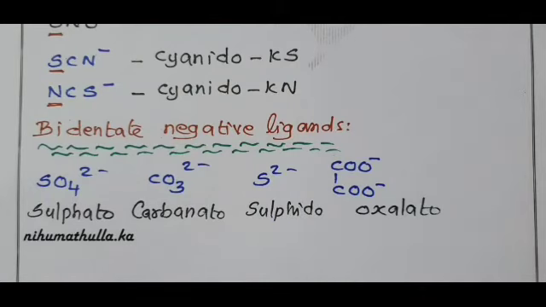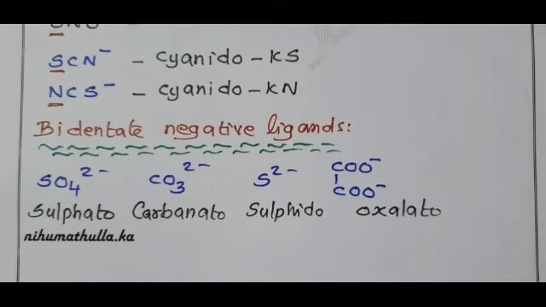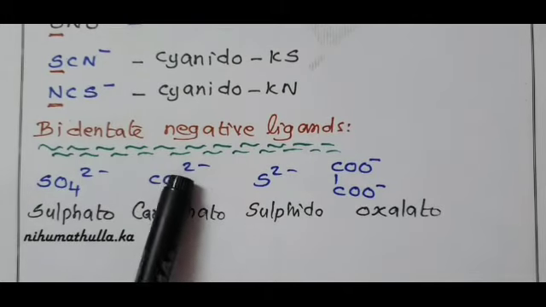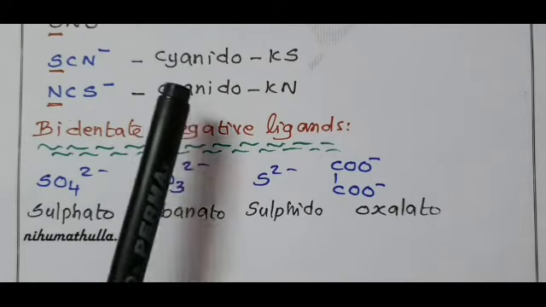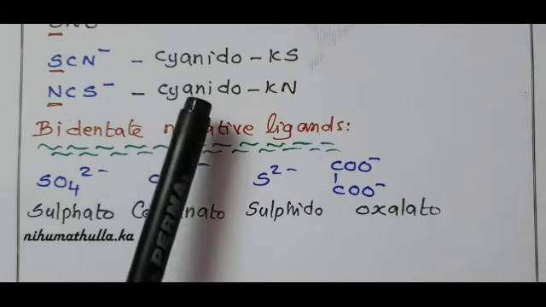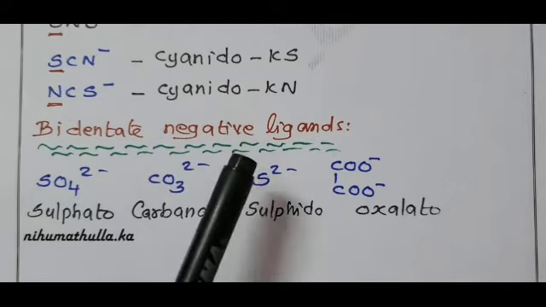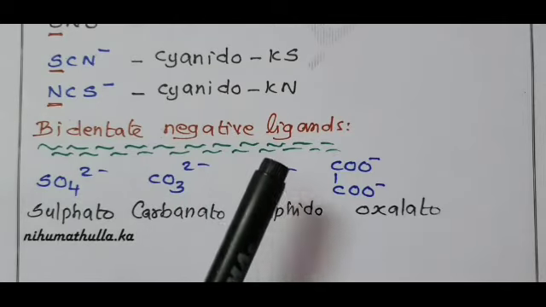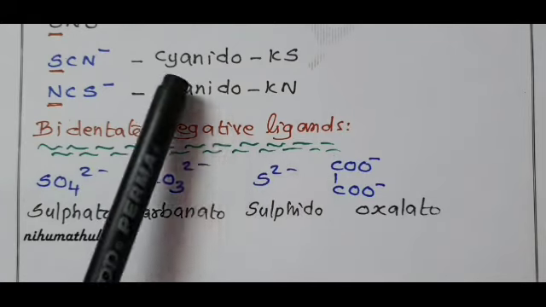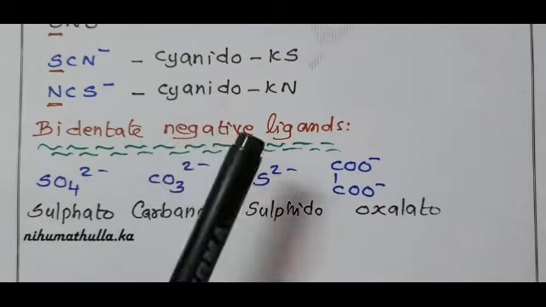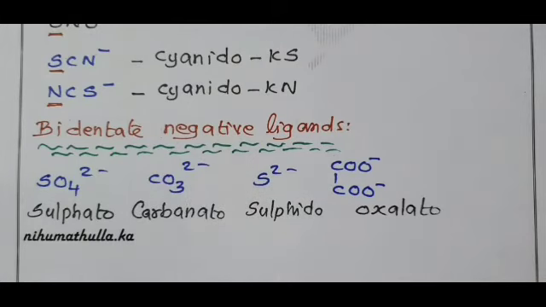One more thing: if you want to write an anionic complex, the complex containing negative ligand or a larger number of negative ligands, always remember this. If you want to write a complex with negative charge, an anionic complex, you should use negative ligands or a larger number of negative ligands. Now we are going to write a number of anionic complexes, and after writing, we are going to name them.